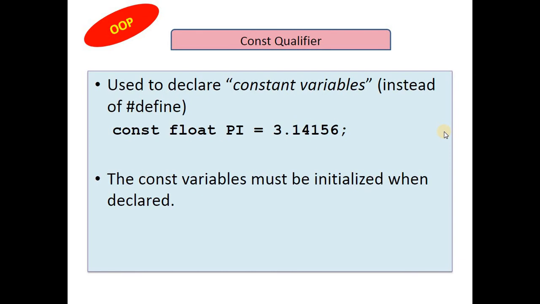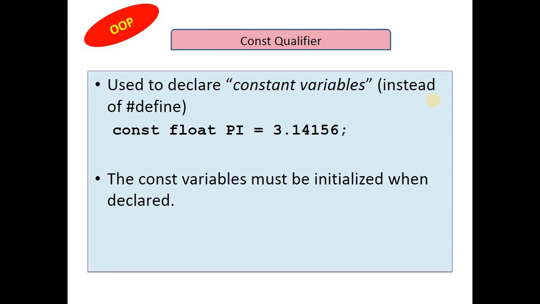Now we have talked about variables. The second term is constant. A variable is the one which can change its value at any point of the program, but constant variables are the ones which, once declared, cannot be changed throughout the program. For constants, it is necessary that they are always initialized when declared. For example, as we have seen in the last slides, if you have double sum is equal to 5, and you don't assign a value, that is also fine. You just write double sum semicolon, and that will work for a variable.